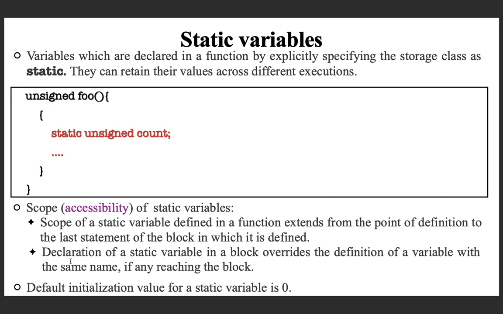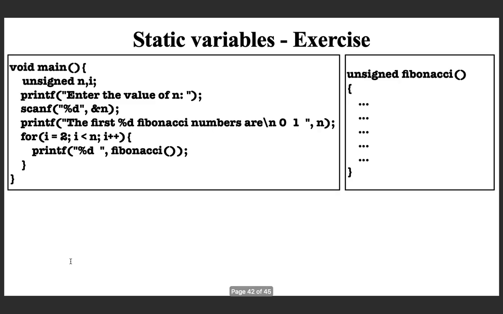Okay, these are all about static variables, and with this I am giving you a more practical example for you to practice and understand what exactly static variables are. I am giving a skeleton of a program where the main function is completely filled. What I am trying to do is read a natural number and then print the first n Fibonacci numbers. I am directly printing 0 and 1, then I am calling Fibonacci to get the next Fibonacci number from 2 to n. That is what I do.